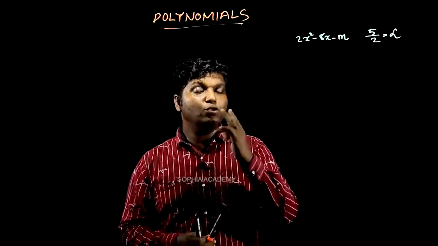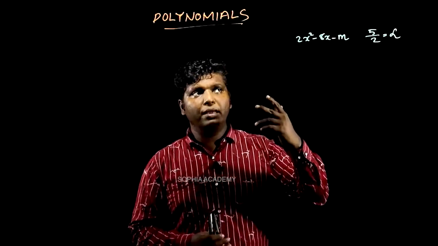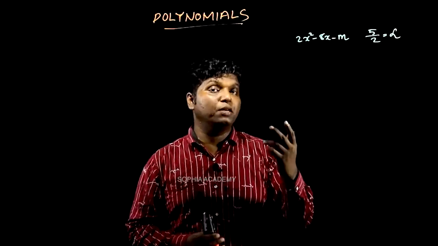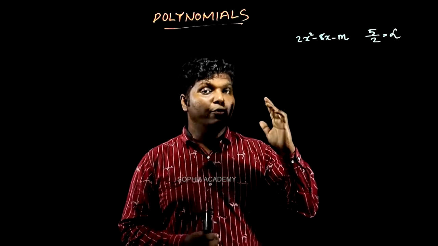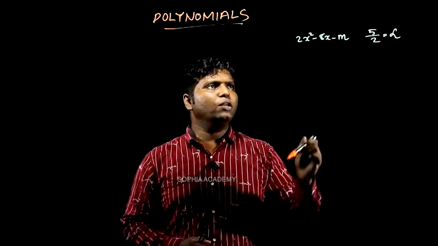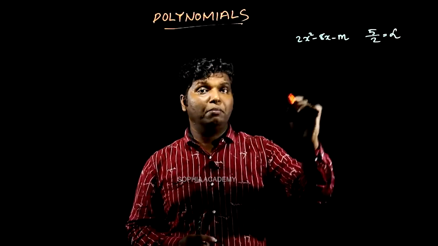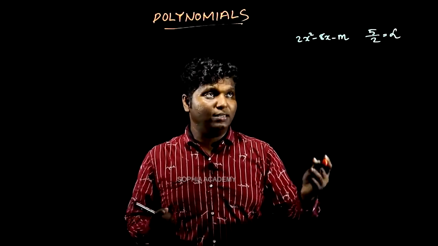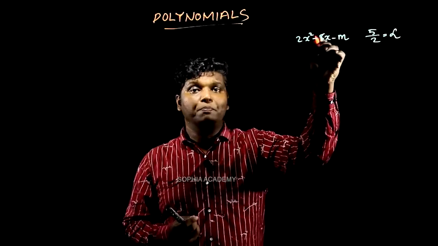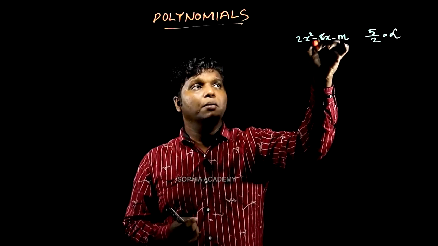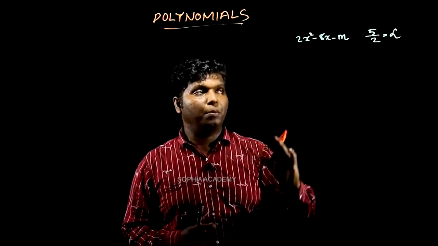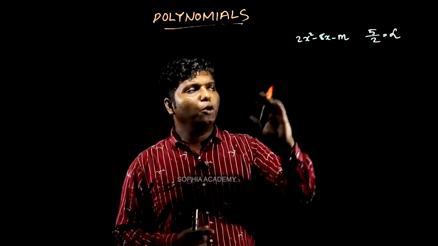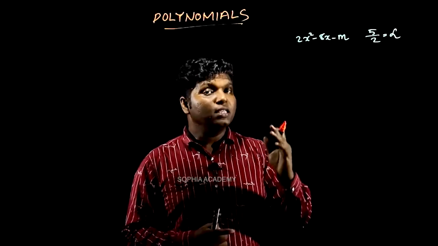So from this polynomial, you have to understand which one you should select. I will tell you, there are 2 methods to do this. One, by choosing alpha plus beta, means by using the sum of the zeros, or by finding the product of zeros. So here you can see the product of zeros is given as m, which is an unknown number, we don't know what it is. But the sum is given as 8, right? So here we have nothing to do with the product because the last term is not clearly known. So let us go with the sum of the zeros.